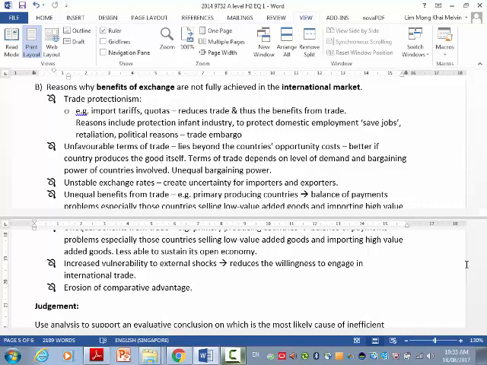Then for my evaluation, can I say the benefits cannot be fully achieved because some countries will abuse the free trade agreement to dump the product? If you have a free trade agreement, you can't dump. But they can sell their products at extremely low prices. Because of free trade, they don't need to. But it's not a free trade agreement, right? If there's free trade, they can abuse free trade. So therefore, protectionism is justified, and thus the benefits cannot be fully achieved. Okay. Any other questions?